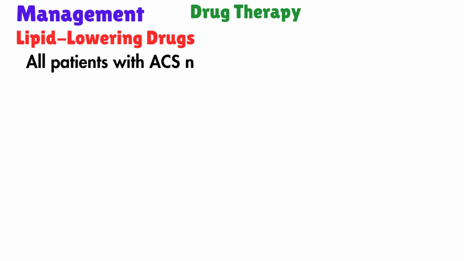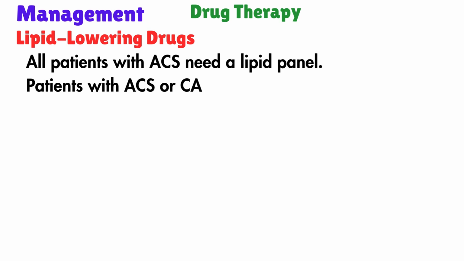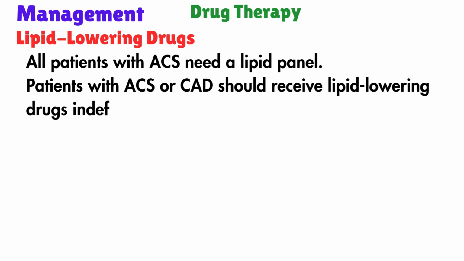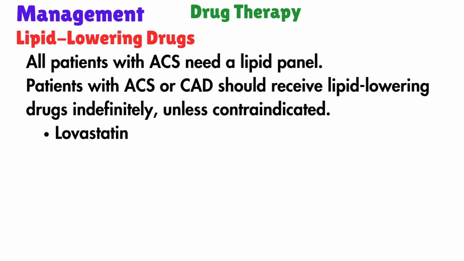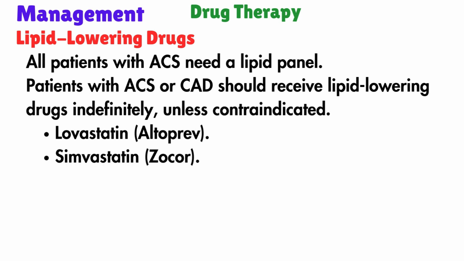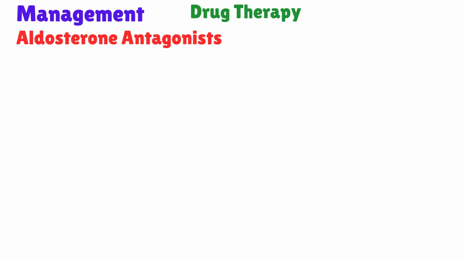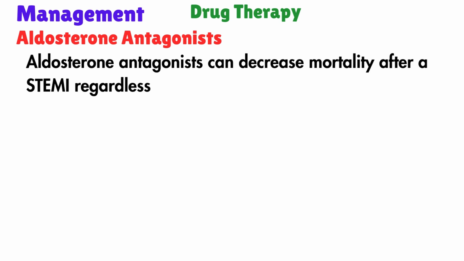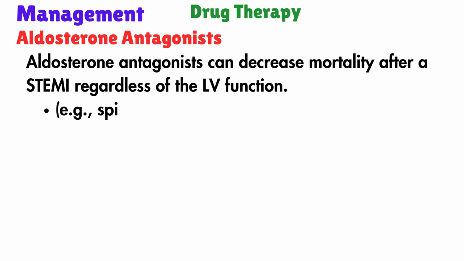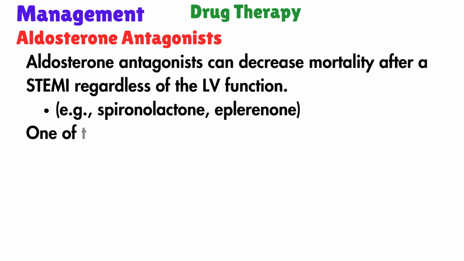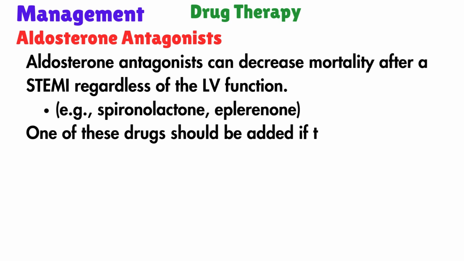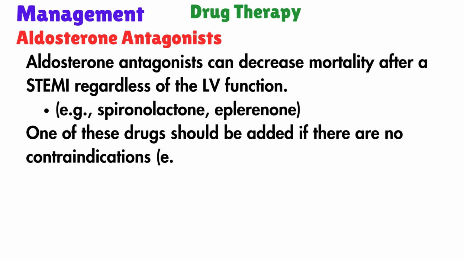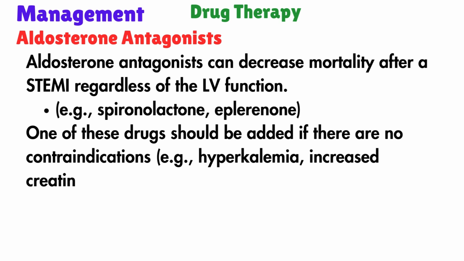All patients with ACS need a lipid panel. Patients with ACS or CAD should receive lipid-lowering drugs indefinitely. Examples are simvastatin, lovastatin. Next drug of choice is aldosterone antagonist. Aldosterone antagonist can decrease mortality after a STEMI regardless of the LV function. Examples are spironolactone, eplerenone. One of these drugs should be added if there are no contraindications, such as hyperkalemia or